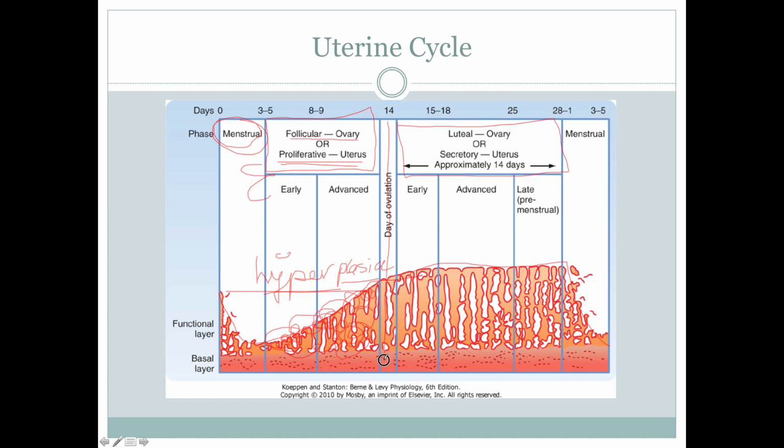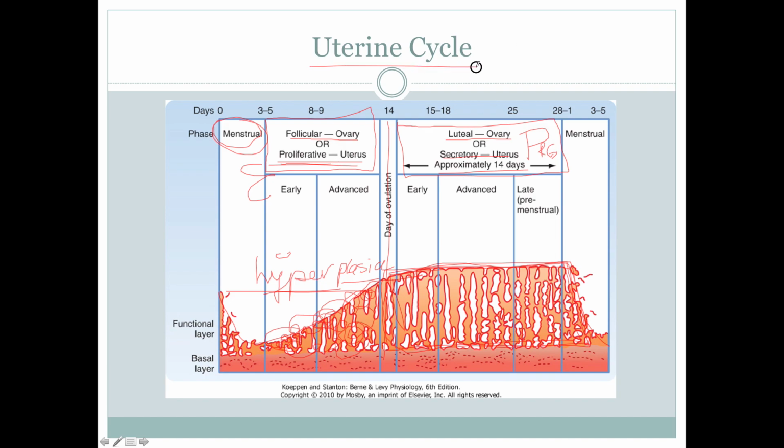Here's ovulation, nothing's happening. And then after ovulation, we know the ovary, that's the luteal phase, where the corpus luteum is around making progesterone, PRG. In the uterus, that's called the secretory phase, because now we have this really nice thick wall, and it's going to secrete a lot of fluid and a lot of things to help guide a fertilized egg there and encourage it to burrow and implant. So approximately 14 days of secretory and 14 days for proliferative.